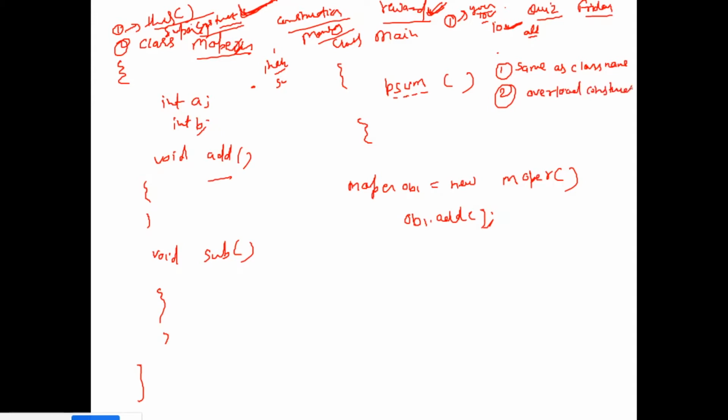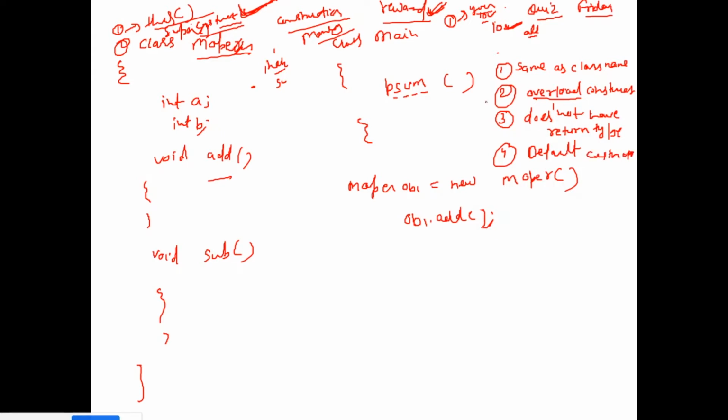Overload means in the same class we can have multiple constructors, right? So you can say that we can overload constructors. It doesn't have any return type. There is a default constructor present inside a class.